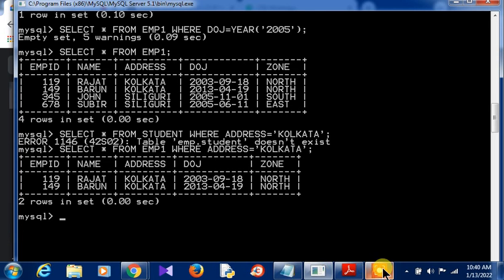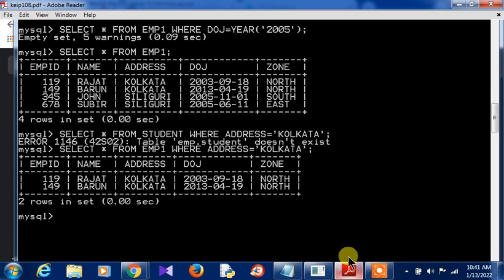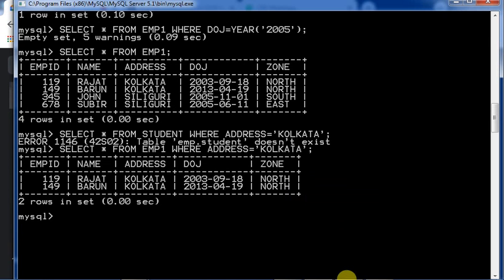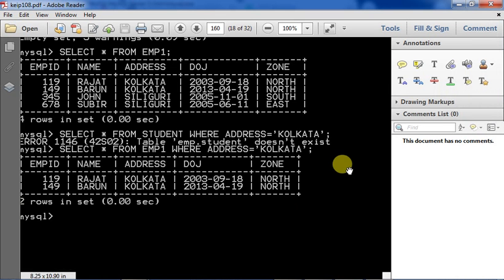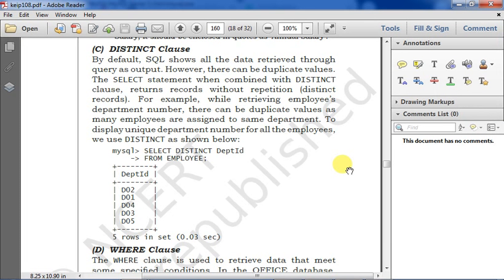Now come to the in clause, as well as the distinct clause. Just a minute, I am going to the textual document once. The distinct clause: by default, SQL shows all the data retrieved through a query as output. However, there can be some duplicate values.